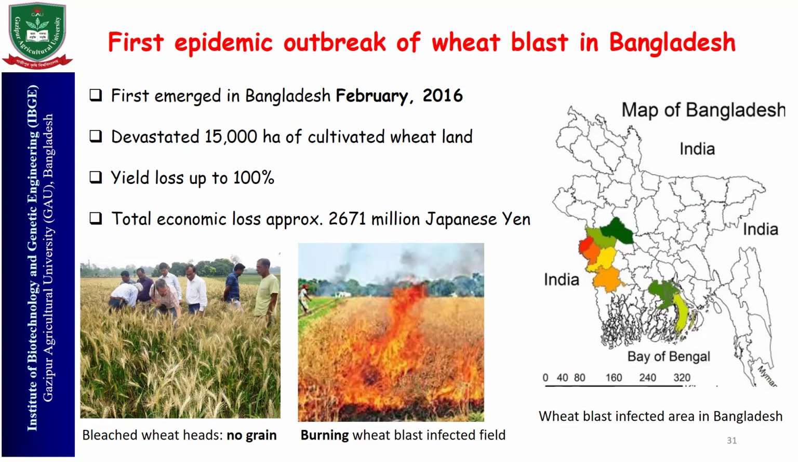An epidemic outbreak of wheat blast devastated 15,000 hectares of wheat crop overnight, and yield loss was 100%. Here you can see all grains become white. It is called white head symptom, that is bleached, and the plant still remains green, and there is no grain inside the